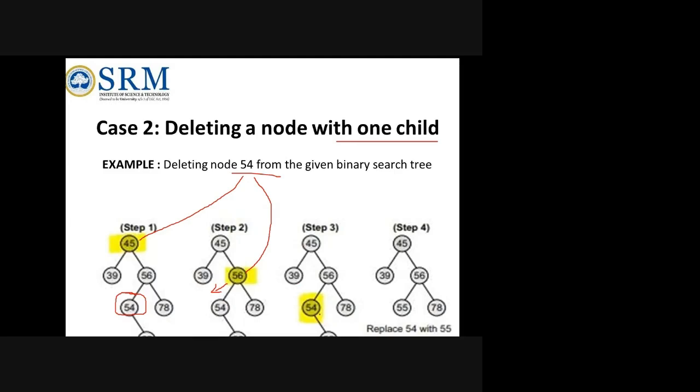So in your diagram, 54 has a larger child, that is the in order successor. So what you can do is just replace the node with its in order successor. Its immediate right node or left node, whatever it has, that should be replaced. So in this diagram, 55 is the only one there. So remove the 54 and replace it with 55. That is the meaning. Understood, ma'am? Understood?